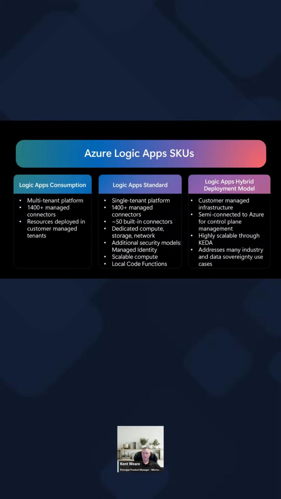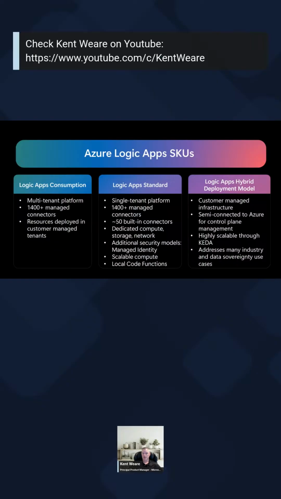So for example, maybe you have high volume messaging, let's say Service Bus or even HTTP. You actually would run these as built-in connectors. They run in your compute, and what will happen there is the throttling won't be imposed on you. Right? When we talk about managed connectors, if it's a multi-tenant service, we have to build in these protection mechanisms so that we don't have noisy neighbors that degrade the performance of other customers.